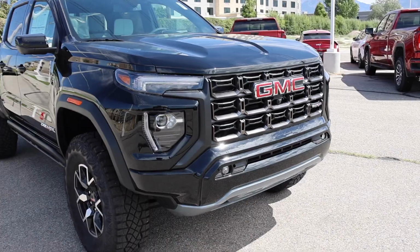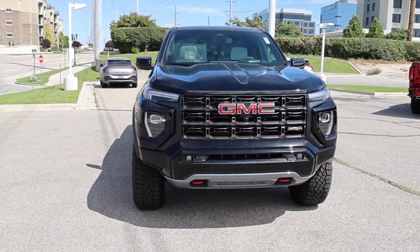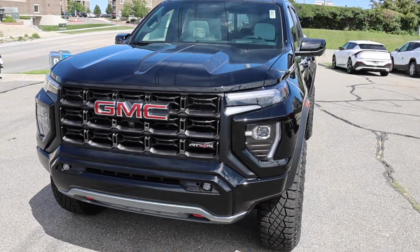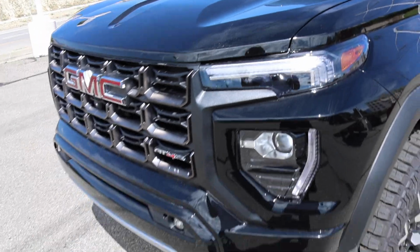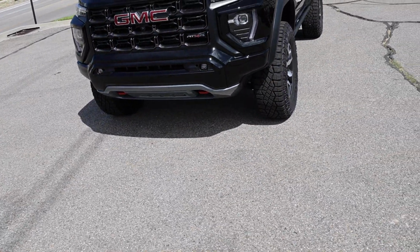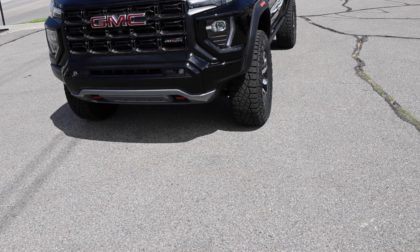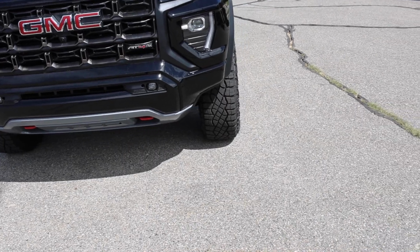And I think that the overall front end design is just a little bit more classier compared to the ZR2. For example, the ZR2 has a raised hood. This one does not. There is a, I believe, 30-inch light bar that you can get from the factory. I would definitely option my truck with that. Now off to the side,